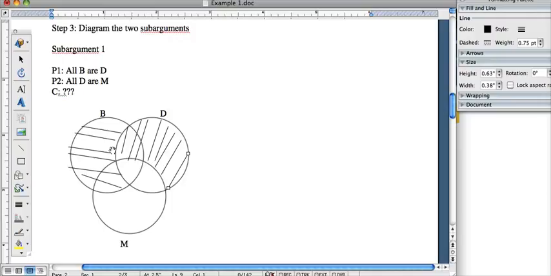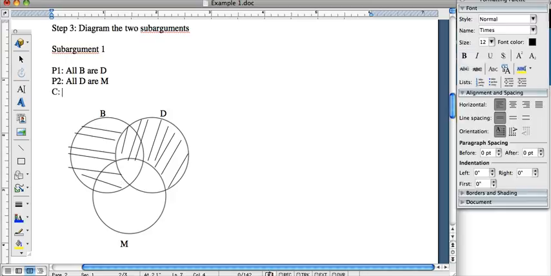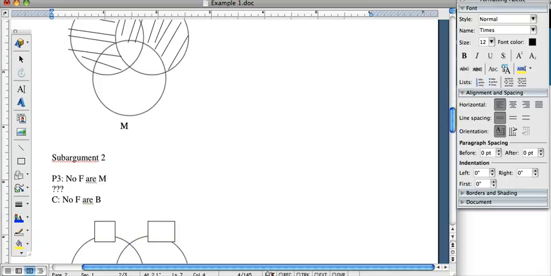Well, we could say that all B's are M's, because this part of the circle that is B but is not M is all filled in. And we don't have to worry about the bit of the B circle, the overlap between B and M, that is covered up, since it's not all covered up, we're fine. That makes the statement all B are M true for that diagram. So that becomes the other premise